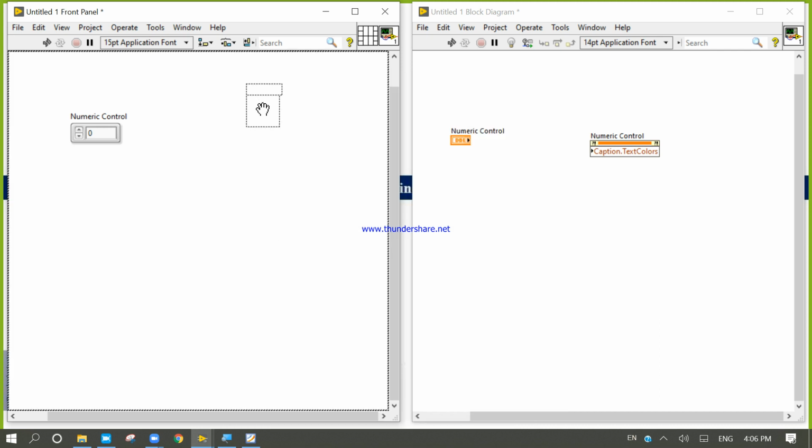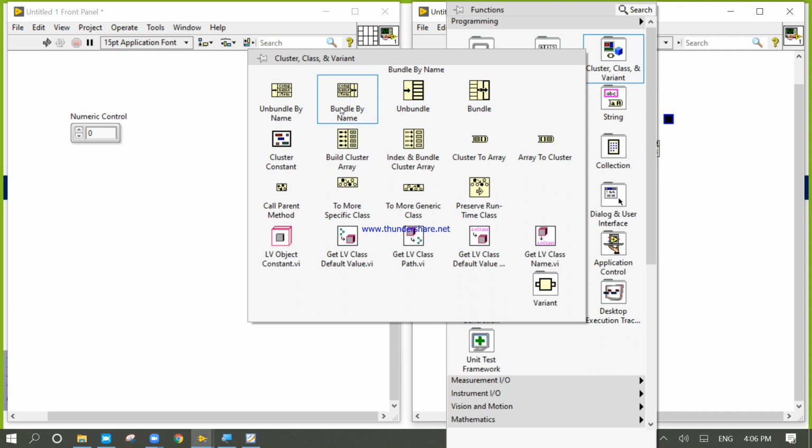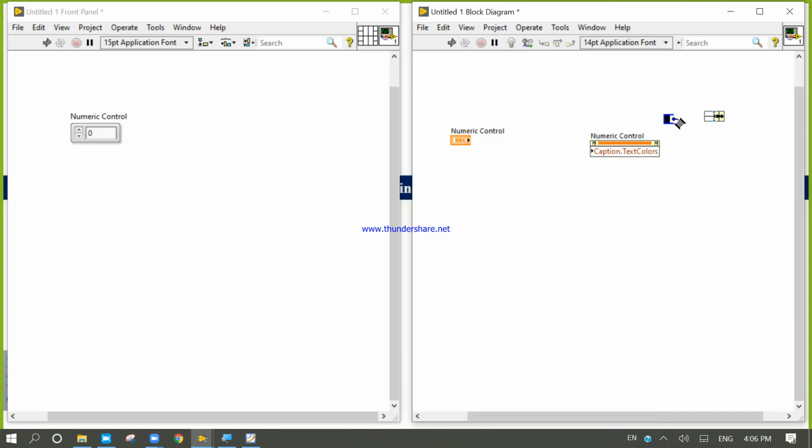The color box is present here, so I can right click and change it to constant. Now I will right click here, I will take the bundle, create constant, I will take the bundle.